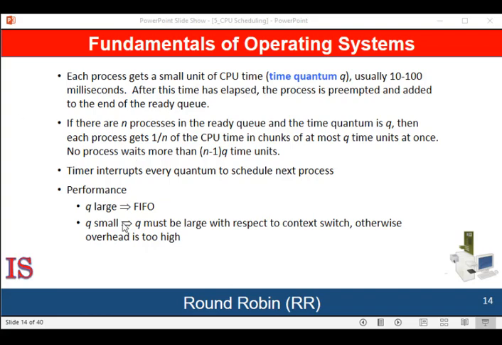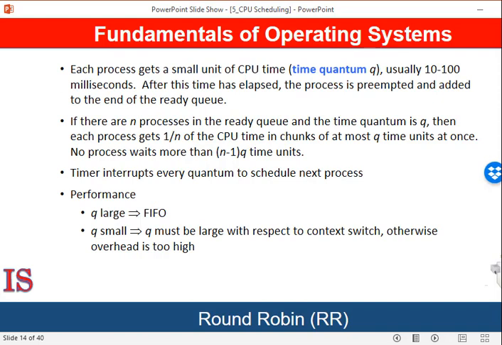So let's begin. The round-robin scheduling algorithm is like first-come, first-served, but it is preemptive to enable the system to switch between processes. A small unit of time, called a time quantum or a time slice, is defined. A time quantum is generally from 10 to 100 milliseconds in length. The ready queue behaves like a circular queue. The CPU scheduler goes around the ready queue, allocating the CPU to each process for a time interval of up